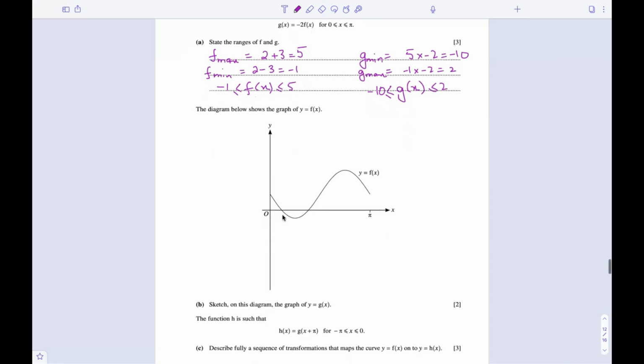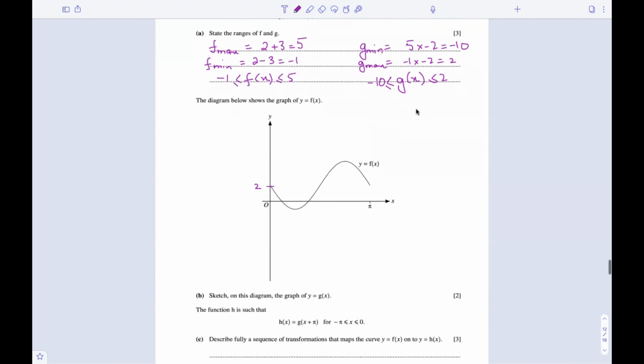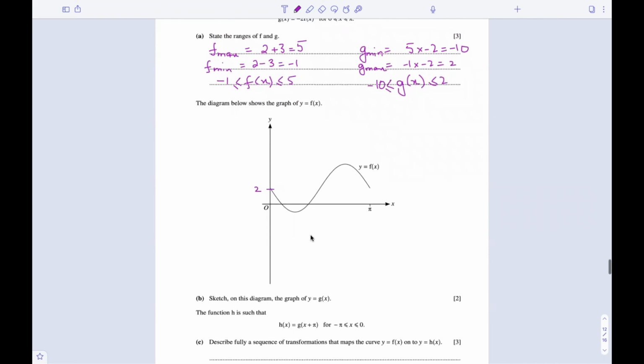Now in part B, we have the graph of y equals f of x given. We have to sketch the graph of y equals g of x. Now we know that this point is 2, as the graph of f of x moved 2 units upwards. The highest value of g of x is 2 and the lowest value is minus 10. So let's say minus 10 is over here. The total difference between the maximum and minimum value is 12. So the amplitude would be 6, which means that